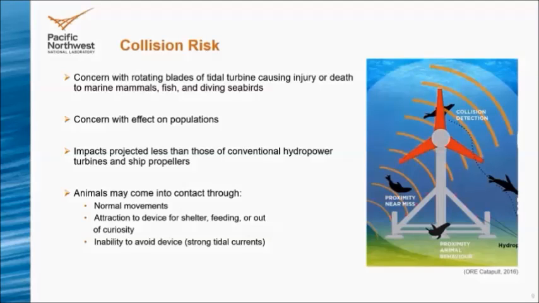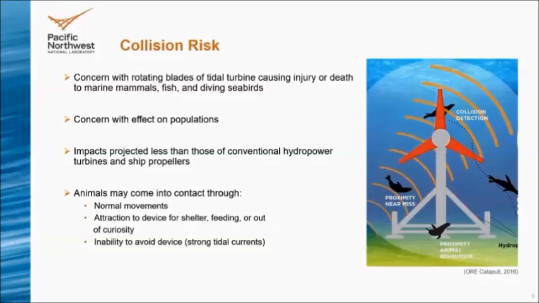Ship propellers are putting out lots more energy into the water. They're moving faster, and they allow for a ship to move laterally much faster than an animal can respond to. So again, while these look similar, they aren't quite analogs, and they don't really inform us much about collision risk